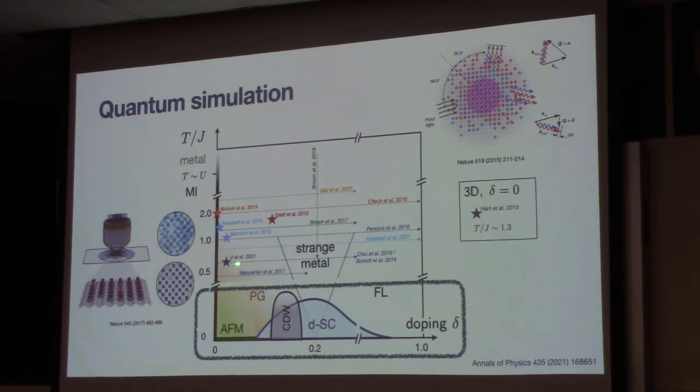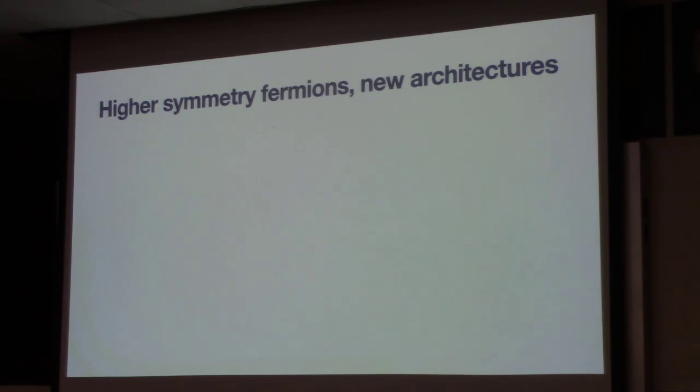So what we would like to do is, how can we have the experiments probe this region where one would expect to see this antiferromagnetic phase, the pseudogap, and the possible superconductivity in a dome? How can we do that? And this is where the research that I conducted in my PhD comes into play.